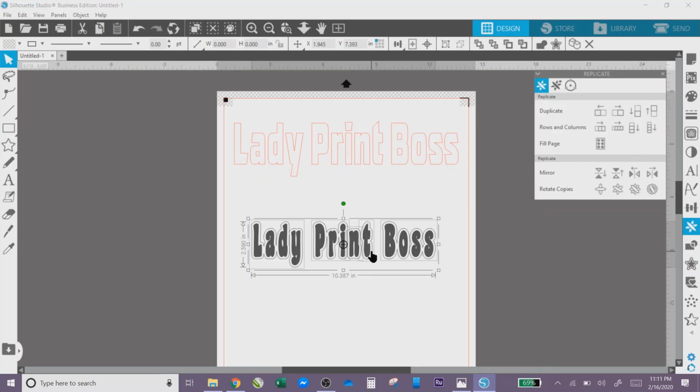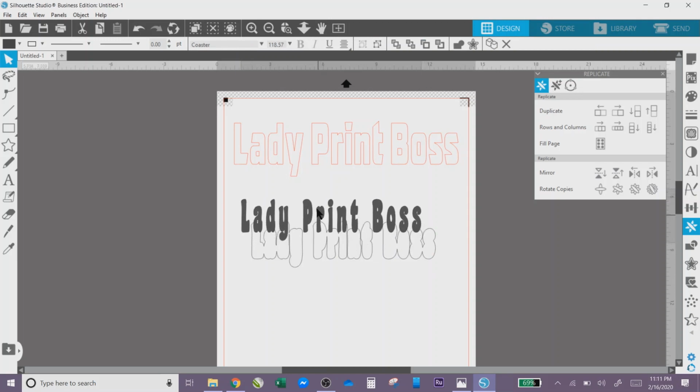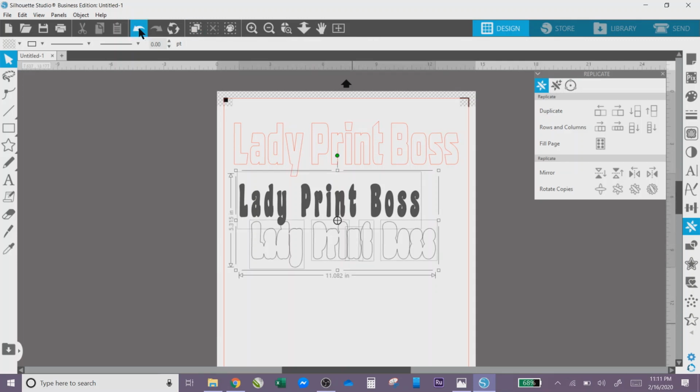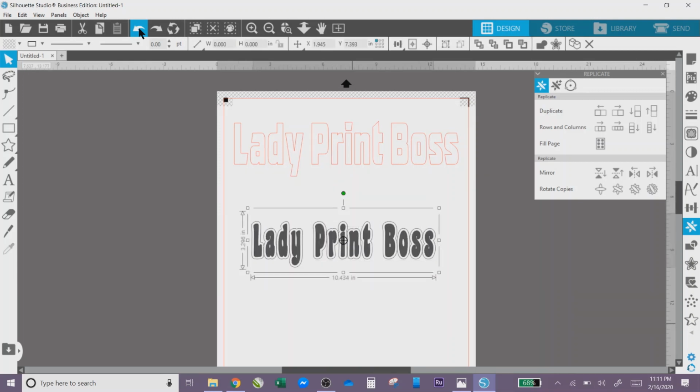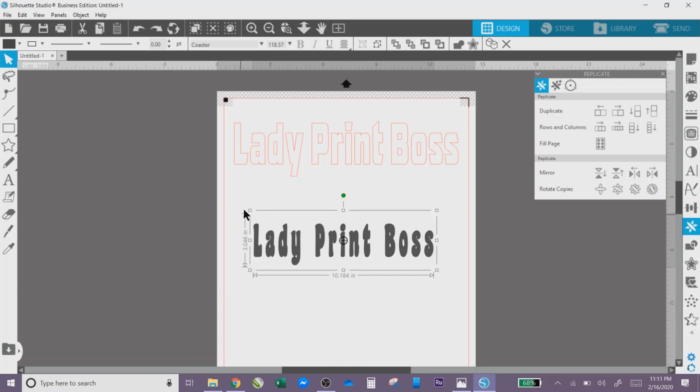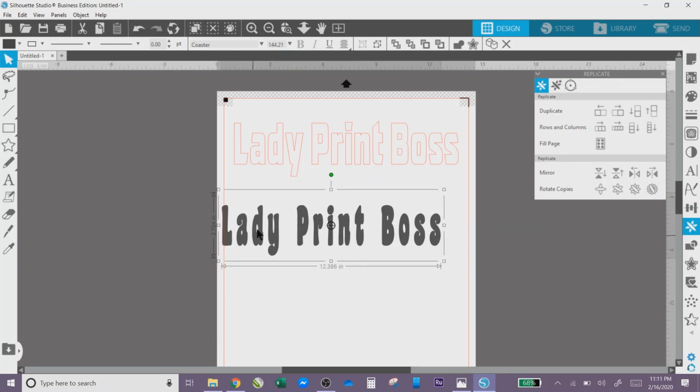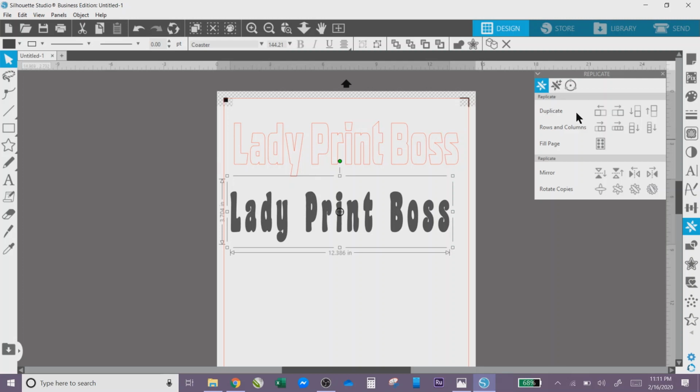This is the duplicate tool. I've already welded that, guys, and I wasn't trying to. So if you want to go back, you can see this undo. I'm just going to hit this and go back. Okay. So hit that and go back. Okay. Now,